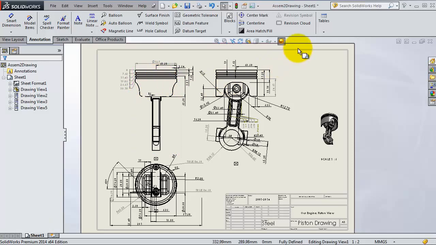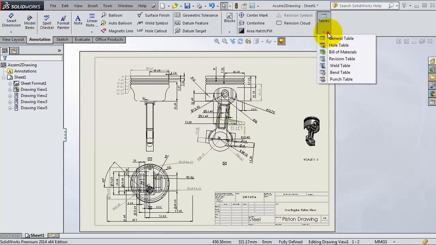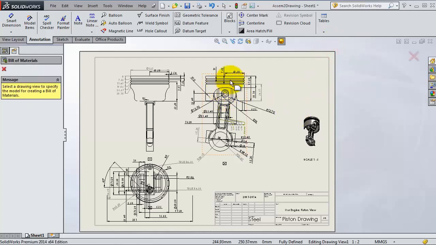Now we're going to show an important step before finishing your drawings. You need to show the names of the parts and the number of the parts in your drawing. This can be done by the bill of materials. You can reach the bill of materials in the annotation menu, tables. Here you'll see bill of materials. So select the drawing and